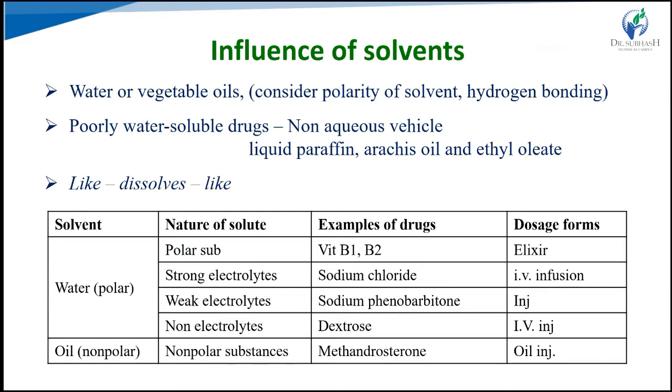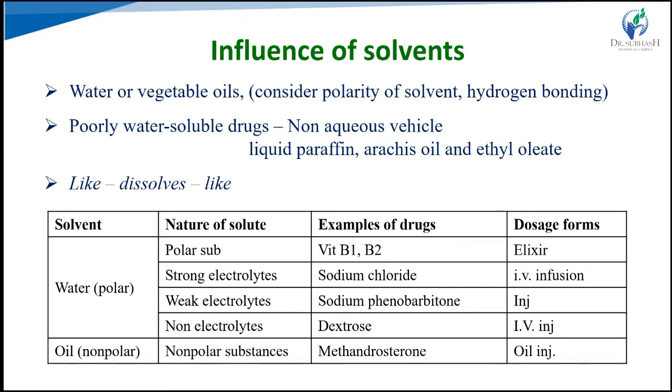In the solvent, we have to see the nature, that is polar and non-polar. So polar solute mostly dissolves more rapidly in polar solvent, and polar solute is less soluble in non-polar solvent. Similarly, non-polar solute mostly dissolves in non-polar solvents. And if we have to dissolve a non-polar solute in a polar solvent, we have to add a third substance, that is the co-solvent, like that.